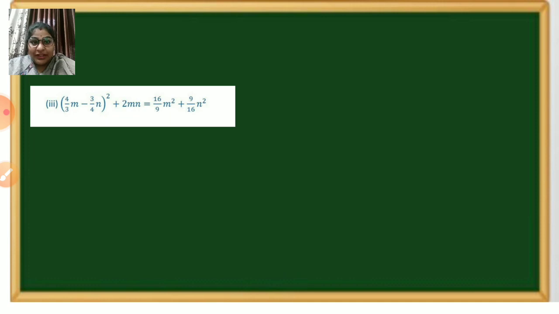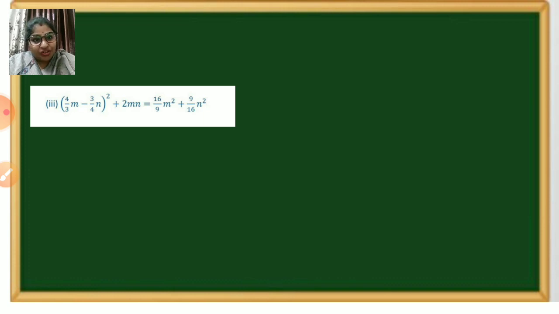I hope that was clear. You have to just solve and show whether left hand side and right hand side are equal. Now this is the third one, children. (4/3 m minus 3/4 n) whole square plus 2mn is equal to 16/9 m square plus 9